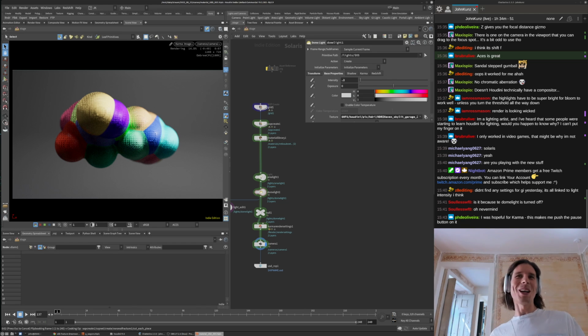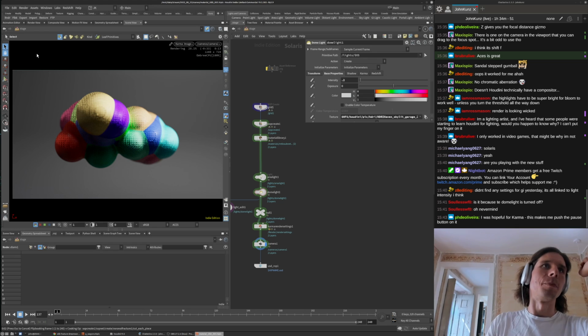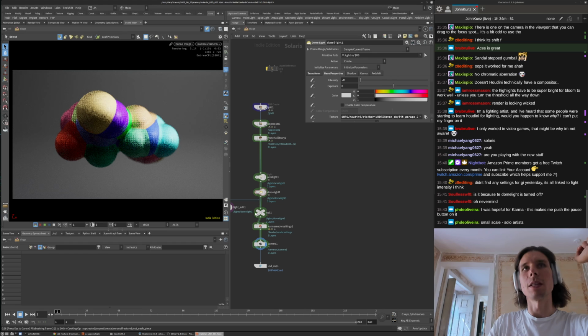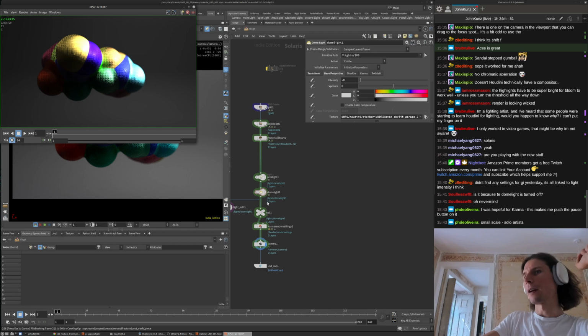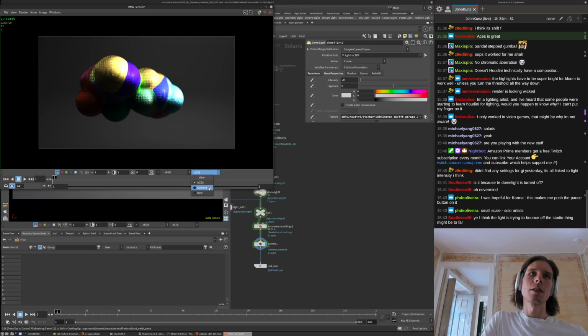Push the pause button on it. I mean, it depends what your situation is, I would say, quite a bit. There's other ways of working with it as well. If you just want to work more at the SOP level, you can eliminate less of these chains and stuff like that. But yeah, if you're just an individual artist, I think